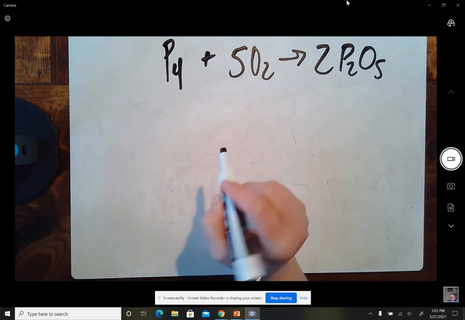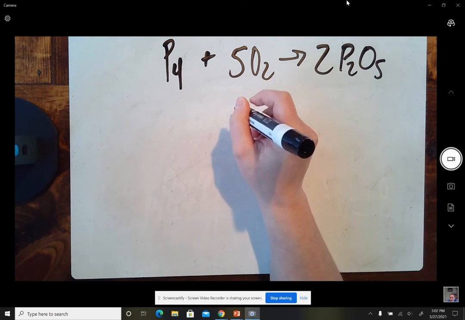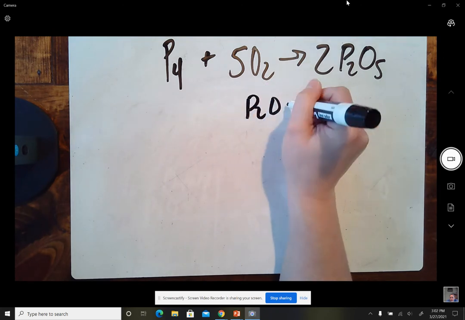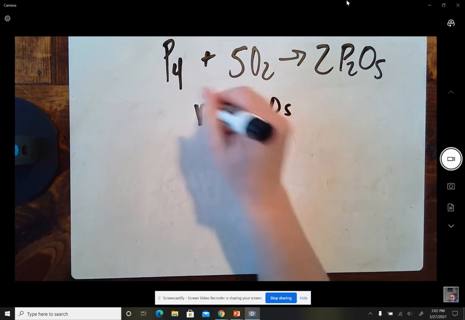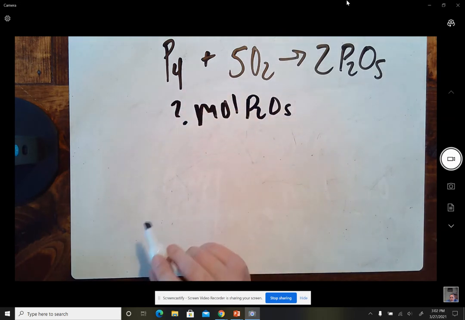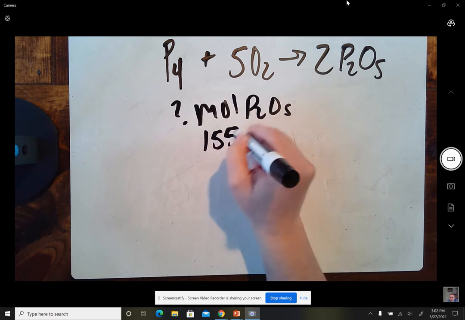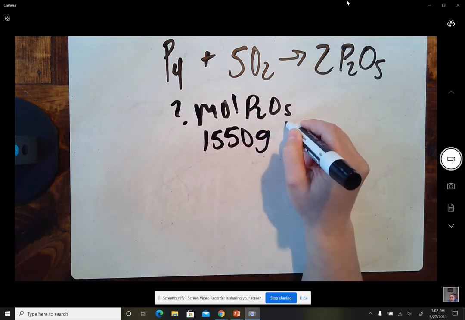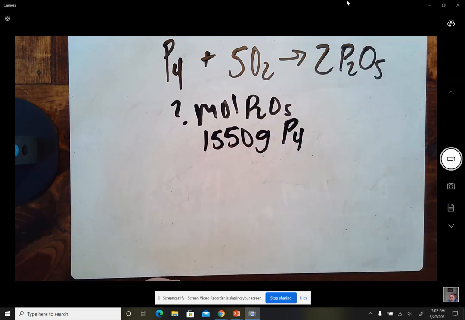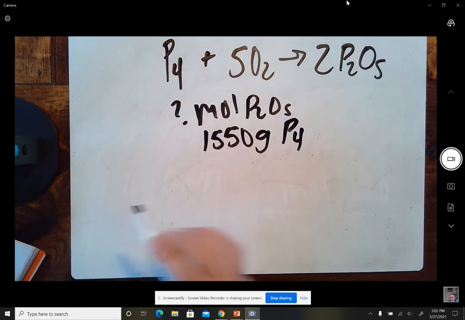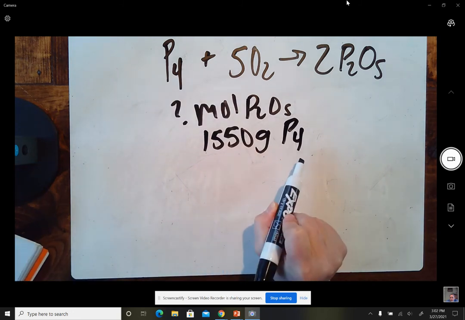All right, so calculate the moles of P2O5. So they want moles of P2O5 that would result from the burning of 1,550 grams of phosphorus. So my equation states: calculate the moles of diphosphorus pentoxide that would result from the burning of 1,550 grams of